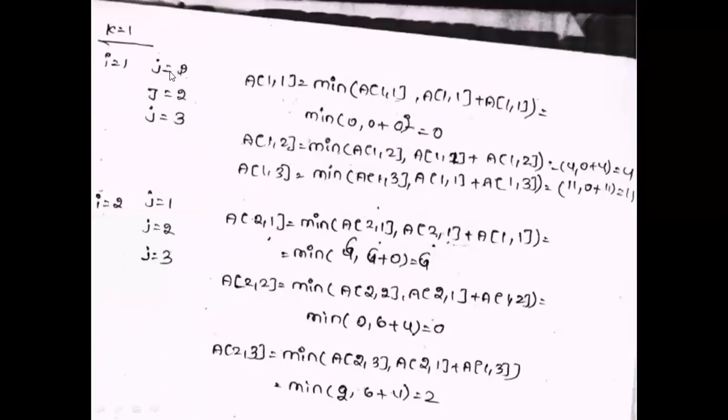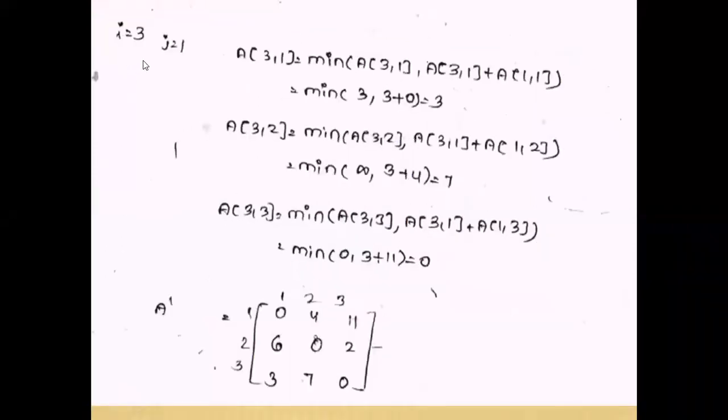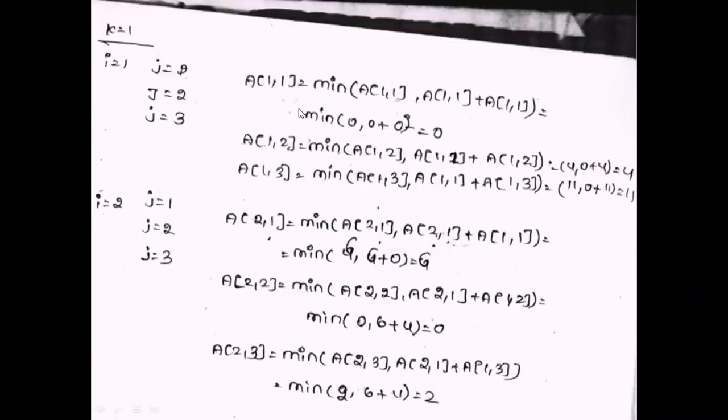For i equal to 1, the j for loop is executed 3 times. Next for i equal to 3, the j for loop is executed 3 times and the statement is executed. Here j equal to 1, j equal to 2, j equal to 3 were not mentioned. For i equal to 3, the statement is executed 3 times, for j equal to 1, j equal to 2, j equal to 3. So totally you are calculating 9 times, that is, the statement is executed.